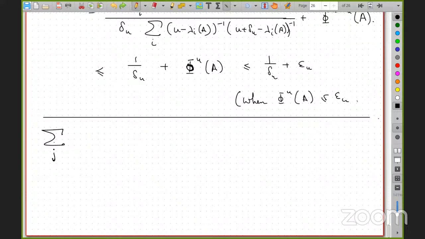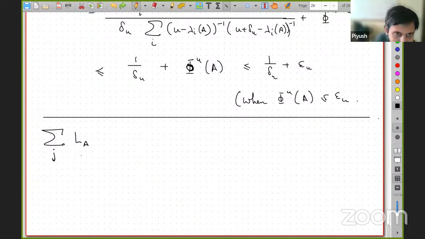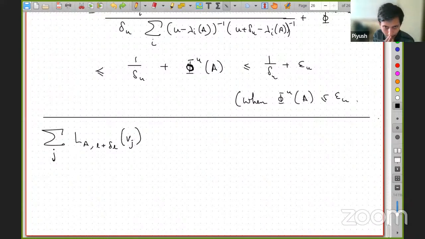So maybe I'll skip some steps here and just give a final answer. It's boring with this subject. So if you do, you will find that this, after some simplifications, is exactly 1 over delta